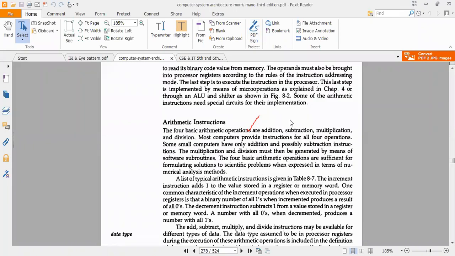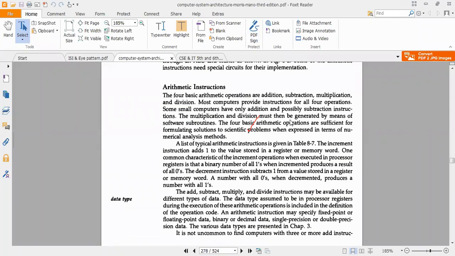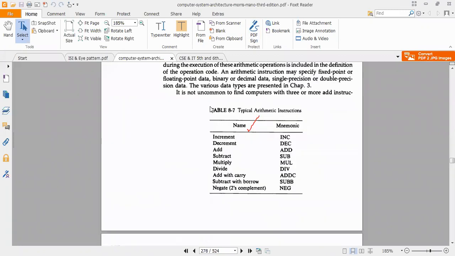Arithmetic, as I mentioned: addition, subtraction, increment, decrement. These are the typical arithmetic instructions. You know everything.